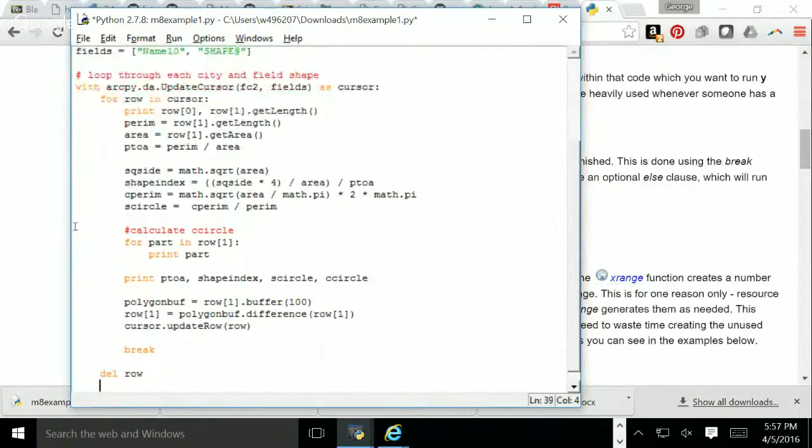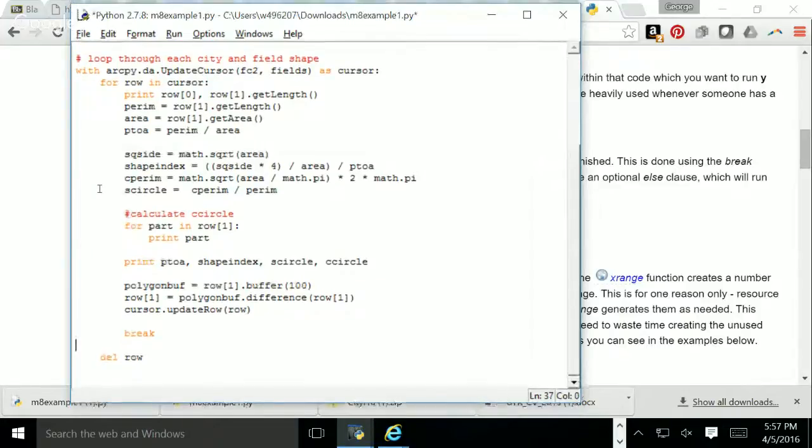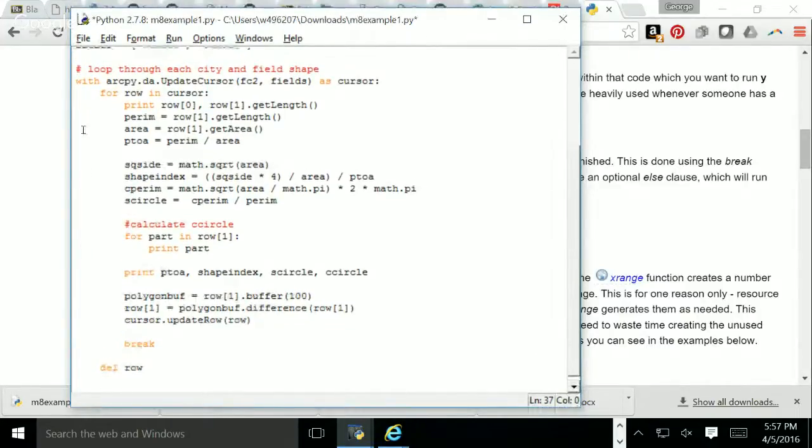Now I'm going to delete the row so we don't leave that open. I'm also going to break. Yeah, no, that's fine. All right. So you see what I'm doing here is that I'm going to print the entire part, and eventually I'm going to print all the points. And I don't want to do that for every single city and every single state because it would take too long to run all that code. So I'm only going to do this for the very first one. Does that make sense? All right, so now I'm going to run this guy